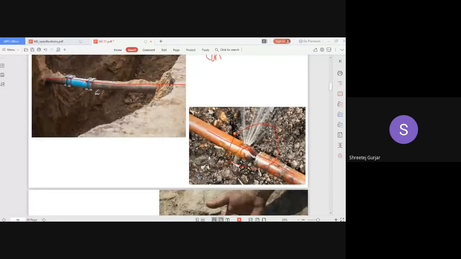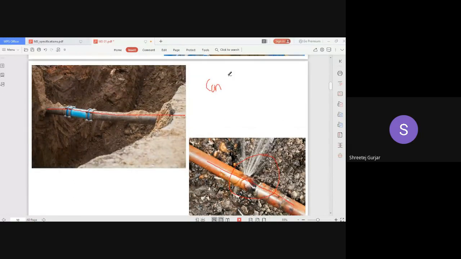Now regarding measurement, how do you measure? In what unit do you measure your excavation quantity? Cubic meter, right? Or what you call meter cube. So you measure your quantity in cubic meter, remember. You also have to mention in the specification the unit of measurement of your work. Excavation is to be measured in cubic meter.